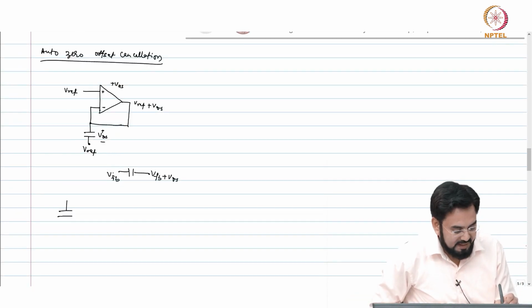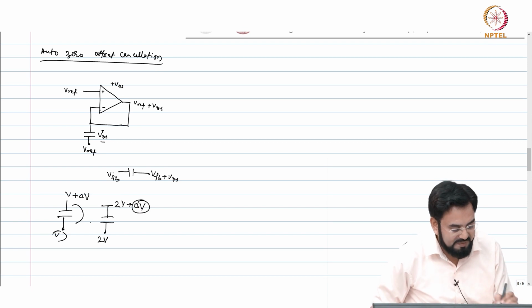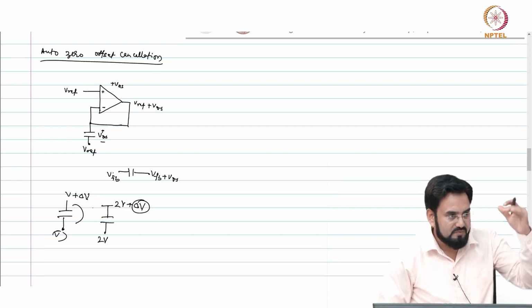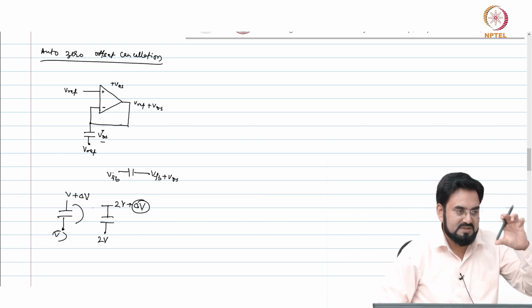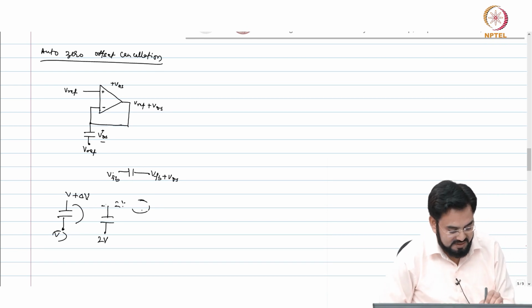So any cap, if it is connected to any voltage V, and if this is V plus delta V, then no matter what you apply here, if you give 2V here, then this side will go to 2V plus delta V, because this delta V will be maintained by the cap. The common mode voltage will keep moving, but whatever the capacitor is storing will remain stored across the cap because it cannot change for a floating cap unless you connect the other side to ground.